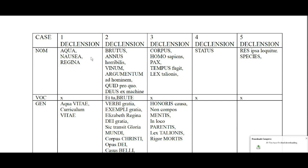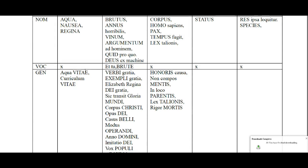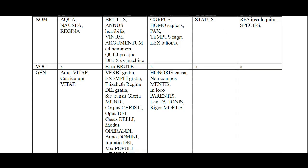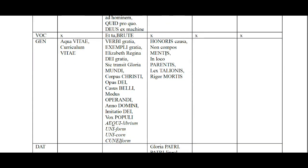So, for example, first declension, nominative, aqua, nausea, regina. These are all words that we use in English. Aqua vitae, we use this phrase in English. Curriculum vitae, the genitive. Now these words are all different. Each phrase is one that is found in English or has been used in English. Second declension words here, brutus, annus, vinum. Third declension, fourth declension, fifth declension in the nominative, the genitive, various forms that I've found in English, and the dative,